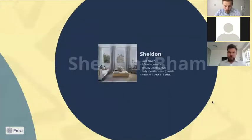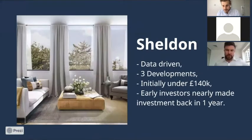Yeah, I think let's go on to Sheldon, because I think this is an example which is what we should look at here. So we have developments all over the UK. Manchester's been fantastic for us. Birmingham city centre as well has been a great area for us in the last 5 years. An area that you might not have heard of is actually Sheldon, which is just outside the city centre of Birmingham. If you drive into the airport or the NEC, Birmingham NEC Exhibition Centre,